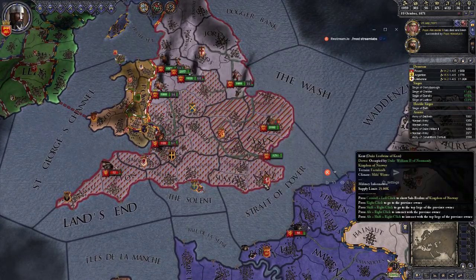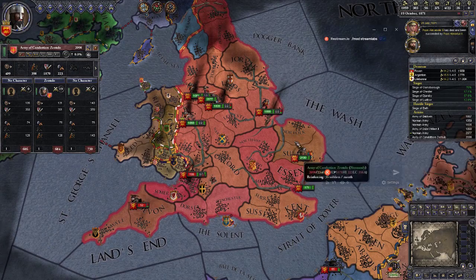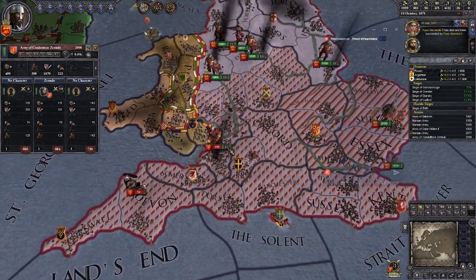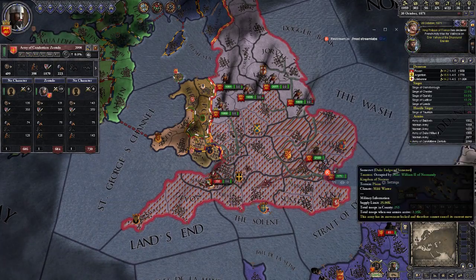Or wherever it may be. Alright, so Bury fell. So now we have full control of these two duchies here. So we're going to be able to grab our mercenary army off here. And let's have them kind of come down here and see what these guys are doing. Yeah, they're going to try to unsiege this stuff, so...